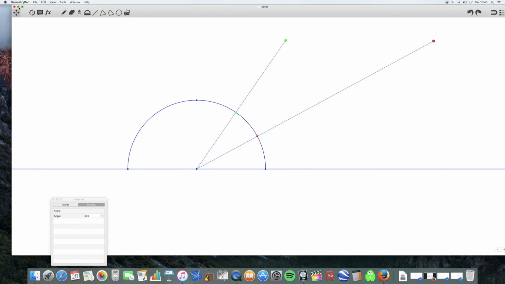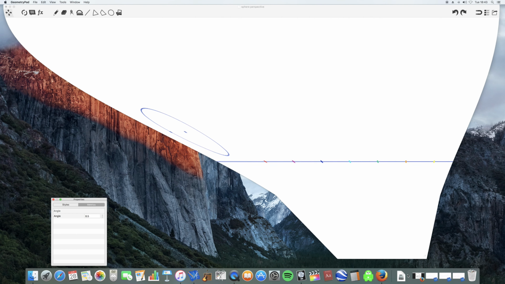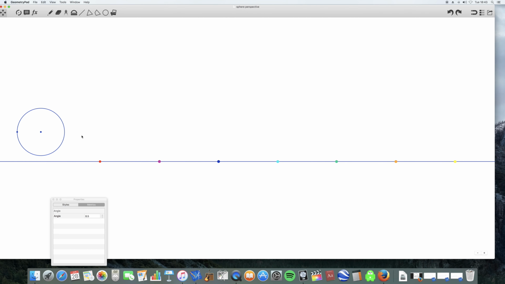Right, let's look at one last example for this video. It's a kind of similar idea. Imagine an observer is here. Now it's a slightly odd idea, but suppose they're inside a glass sphere at a fixed point in space, and they're looking down on a flat surface, and on the surface there are some lights that are evenly spaced out along the surface. So you've got a red, purple, blue, light blue, green, orange, yellow light along the surface here. Well, let's think about where those lights would appear on the inside of the glass to the observer.